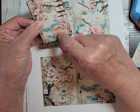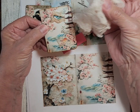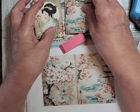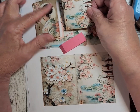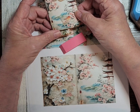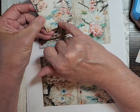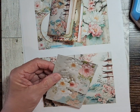And then I went ahead and I embellished it a bit. I used some gauze, and I fussy cut these little bitty birds out of the designs. I printed them smaller, then I cut out the birds, and then I attached them. Let's see, do I have another one here? Nope, I think that's the only one I actually embellished. But you can put brads on here, you can put the little round white pearls on here. You can put anything on here you want. And I also cut out this word trust, and I glued that on there too. So that is number 1, the little journal